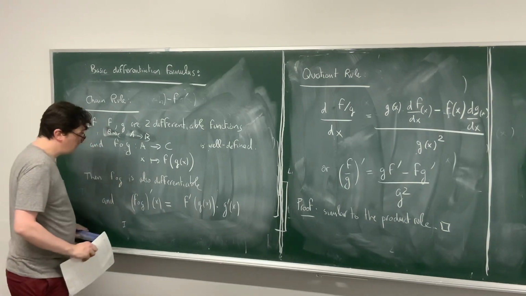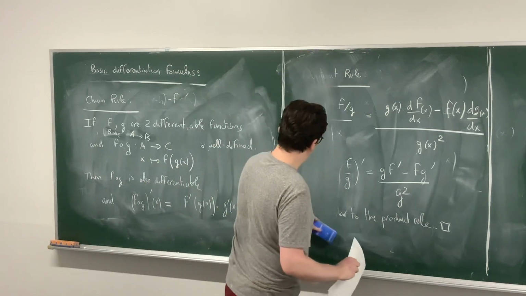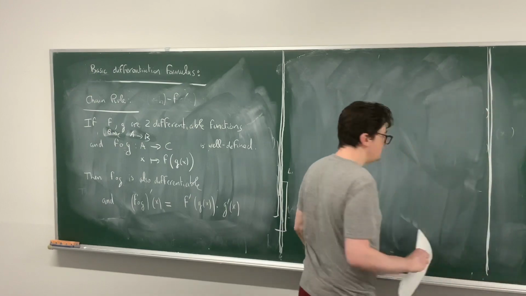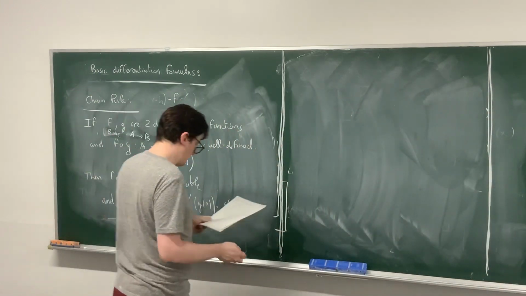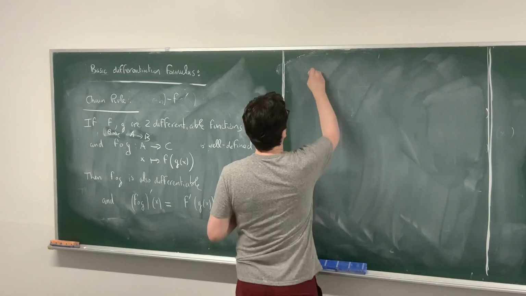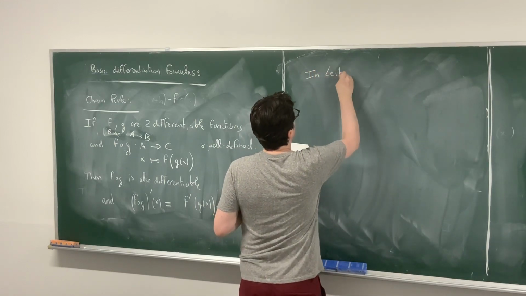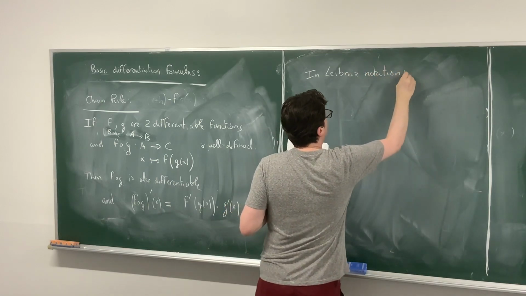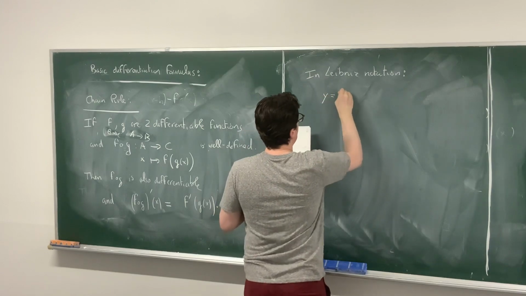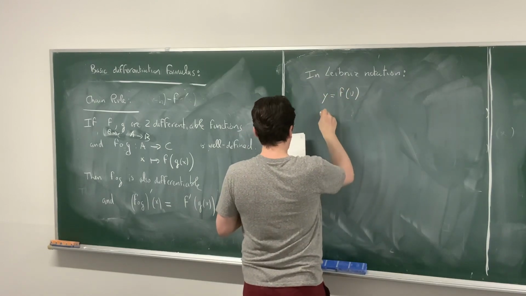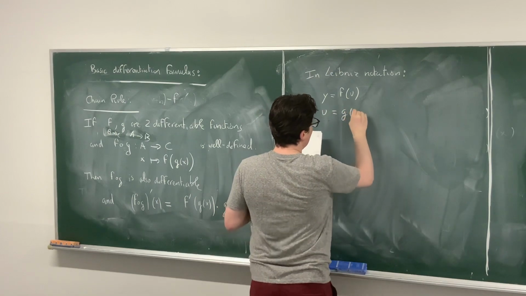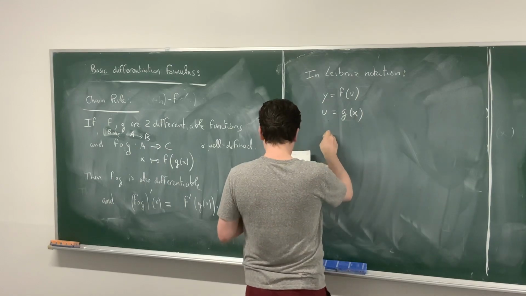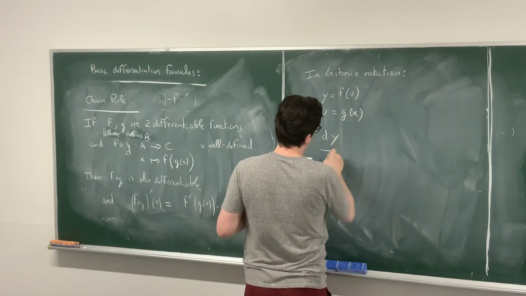Now you can use the Leibniz notation, and especially for this chain rule, the Leibniz notation is so powerful, as you will see. So we set y equal f of u, and we set u a function of x, okay? Then this formula is just saying the following. We are looking at the derivative of y